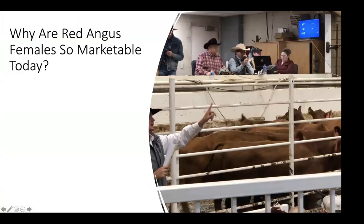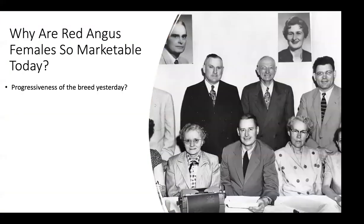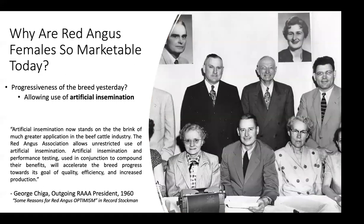I'll start here. Red Angus females are highly valued by the market today, and I think it's worth taking a step back and asking ourselves why they're so highly valued today. And I think a lot of it has to do with the progressiveness of the breed yesterday. One of those examples is the use of artificial insemination. The use of artificial insemination has really been a part of the Red Angus breed since its inception and formal founding. And just to show you one example of that,